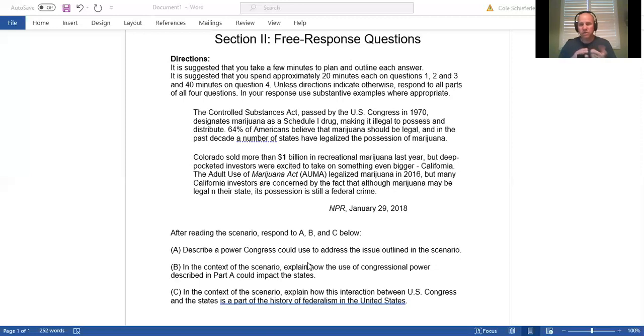And of course, we would have to more clearly define what McCulloch versus Maryland is. We would have to more clearly define what the Necessary and Proper Clause is. We would have to very clearly define what the Commerce Clause is. You could even give an example of, say, U.S. versus Lopez, right? That would be another example of the conflict between federal government and state government. Remember U.S. versus Lopez and the Gun-Free School Zones Act? I'm sure all of you remember that, right?